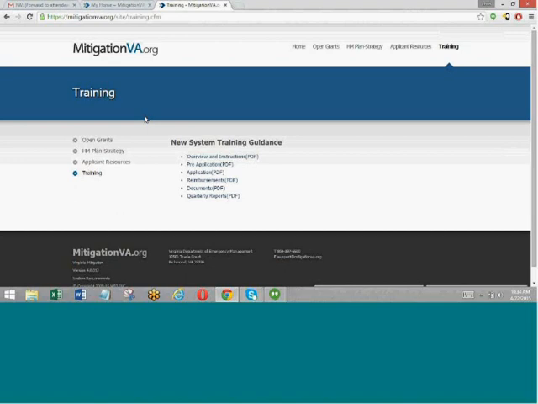First, I would just want to point out to you that the state has made available to you some training guides that you can access. When you go to mitigationva.org, at the top right-hand corner, there's a link called Training. When you click on that link, you will see some additional PDF documents with screenshots, etc., and instructions as to how to submit a pre-application application, reimbursements, some information on or guidance on documents and call reports, etc. So a really good reference to go to if you need some more information.